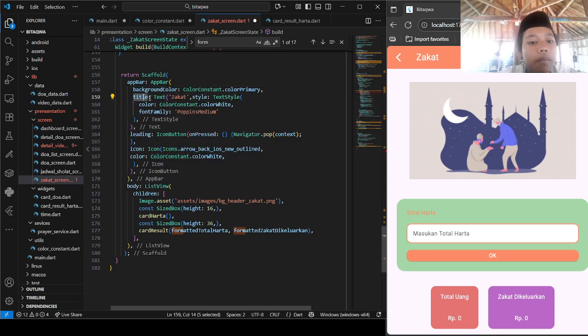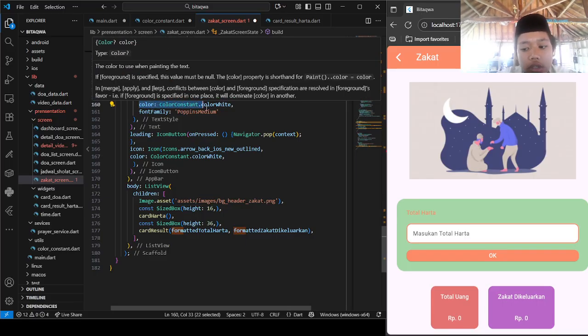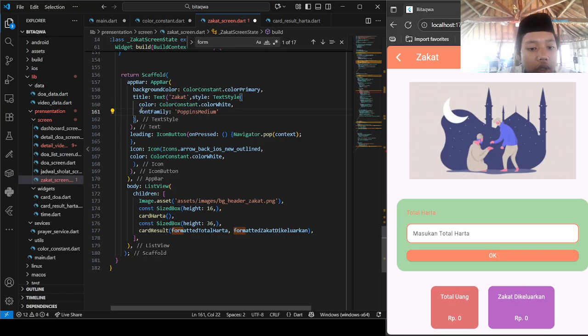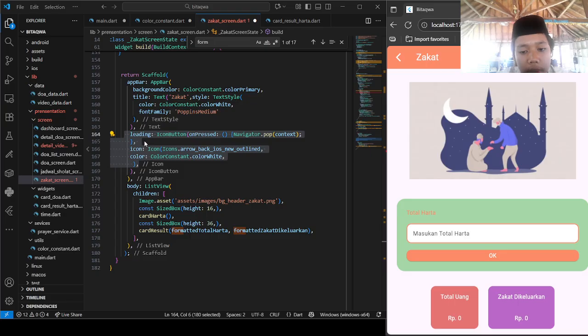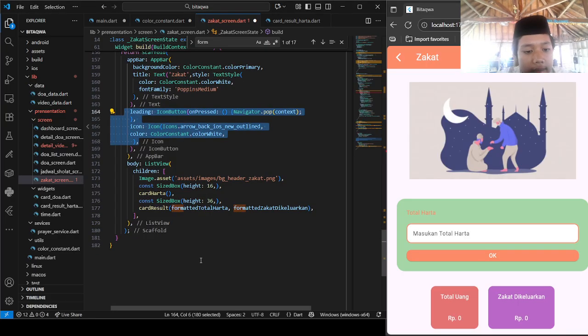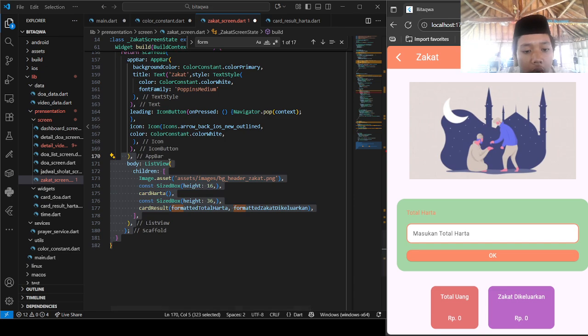The title of the app bar is Zakat. The color of the text is color constant, color white. The font is Poppins Medium. Okay, and then this is for going back to a previous page, and this is for making the content scroll down,